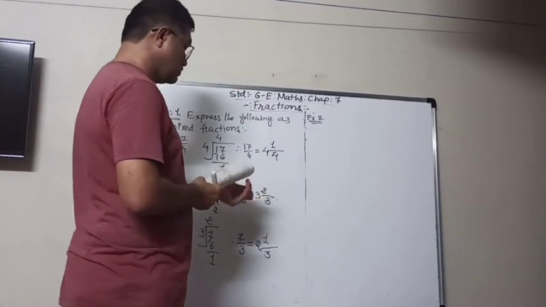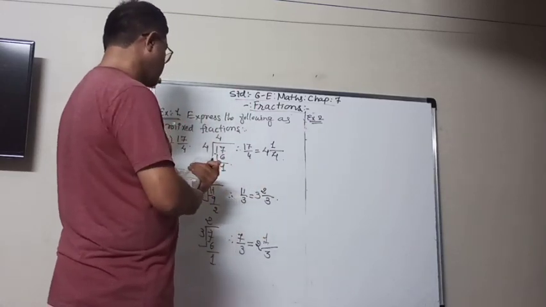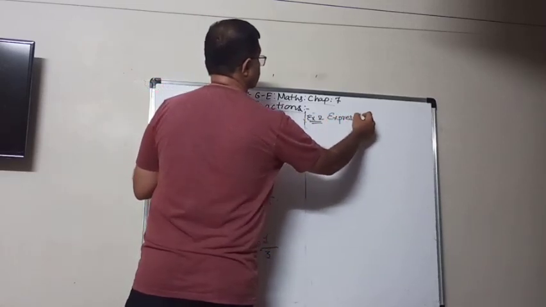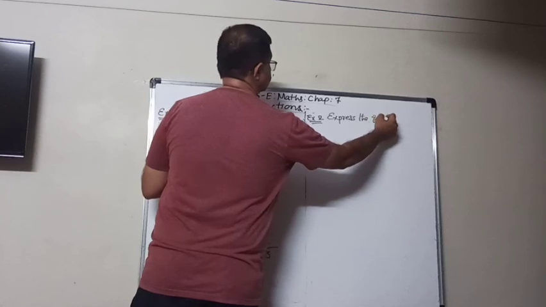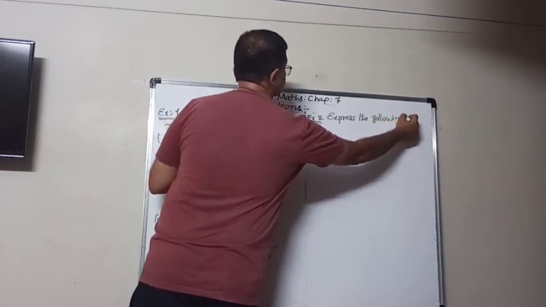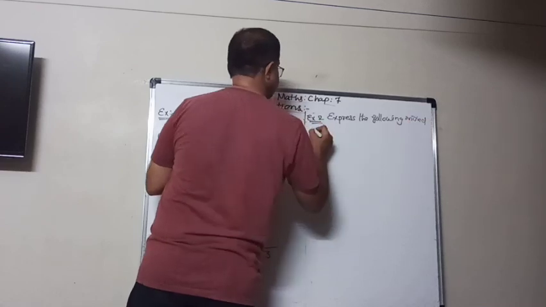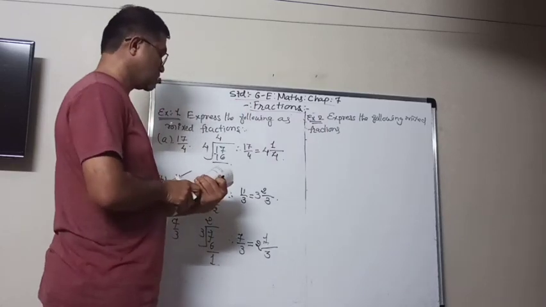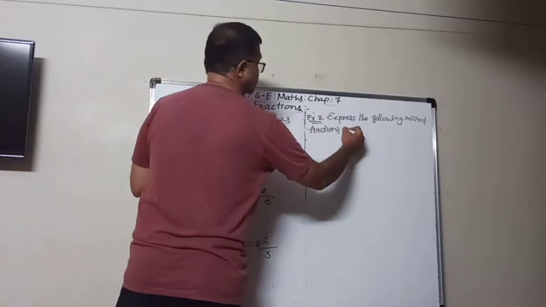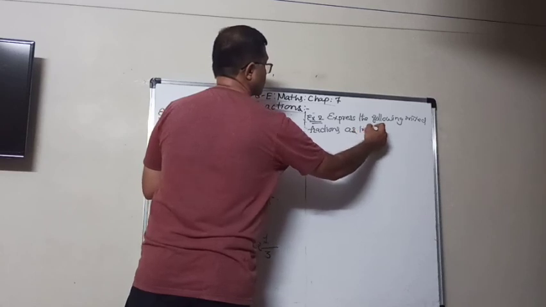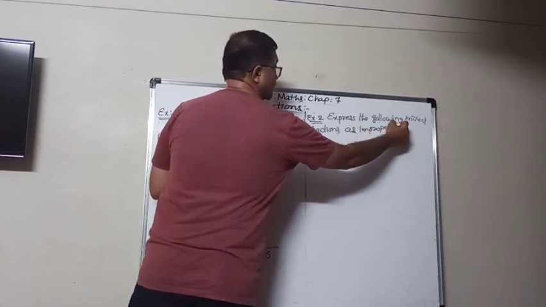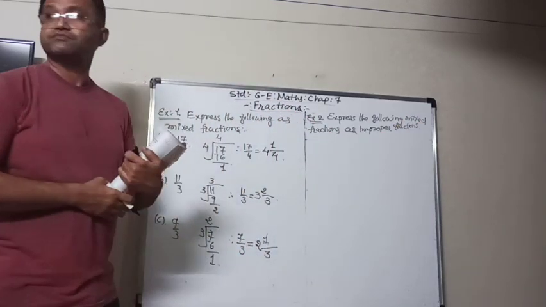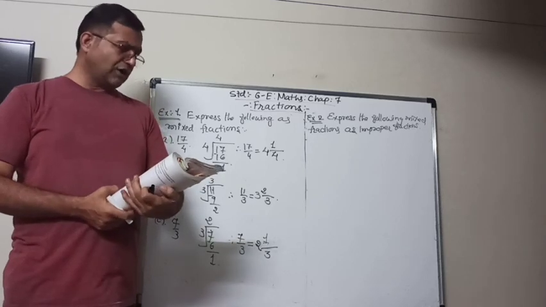So example number 2, express the following mixed fractions as improper fractions. So now what we have to do is